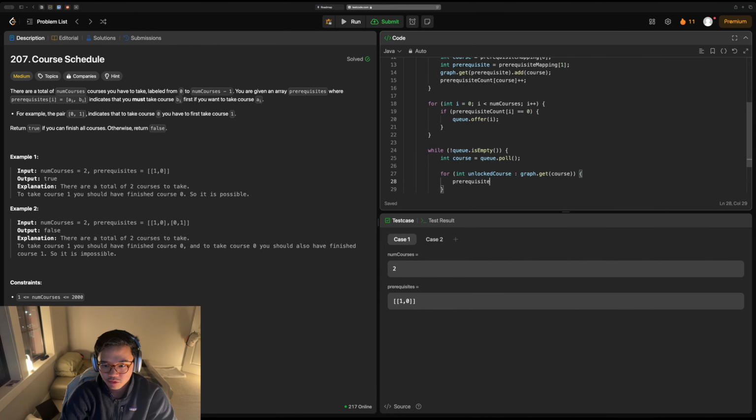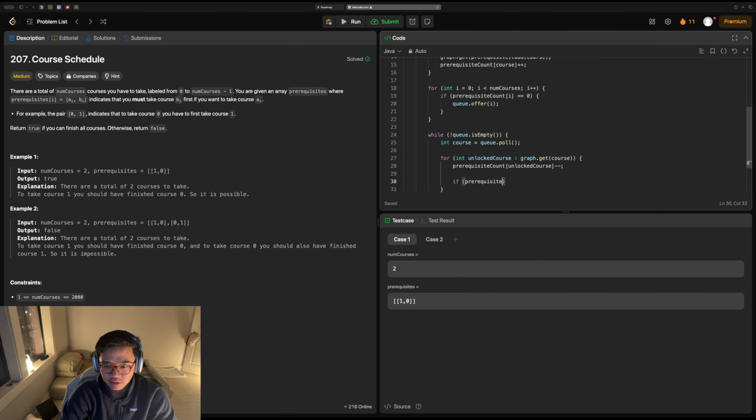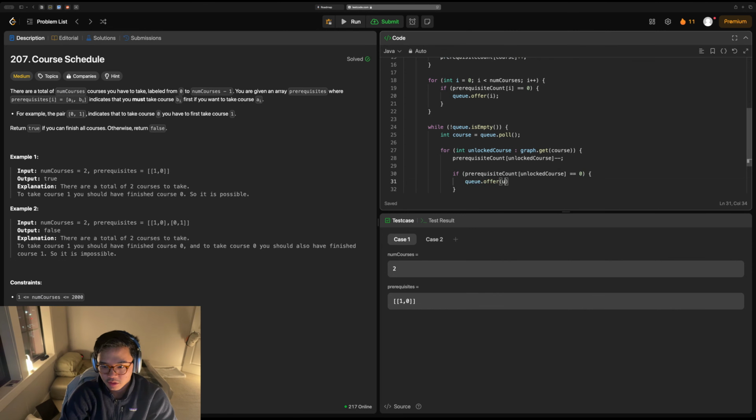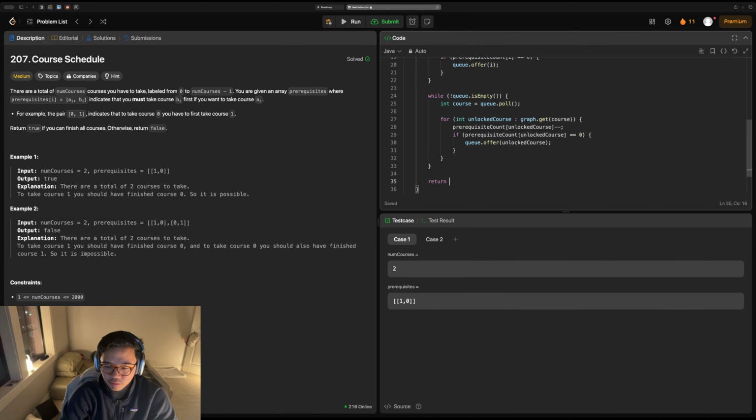So we're going to take the prerequisite counter for that unlocked course and decrement it. And if that prerequisite count for the unlocked course equals 0, then we're going to offer it to the queue. And then we're going to return